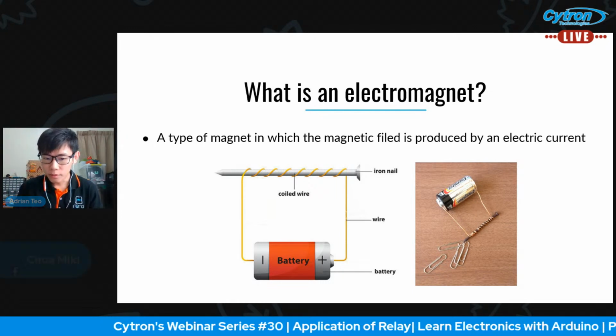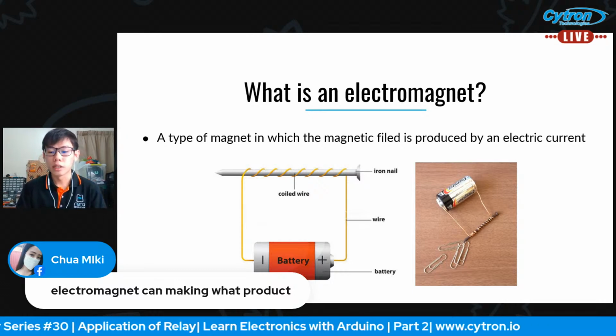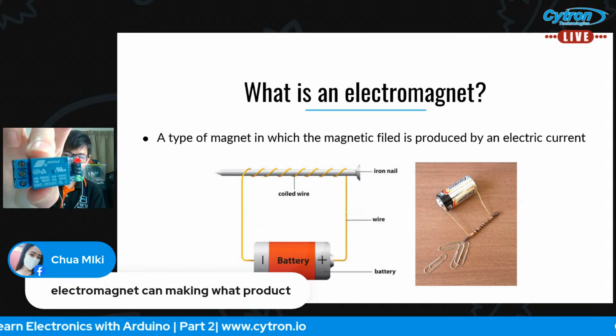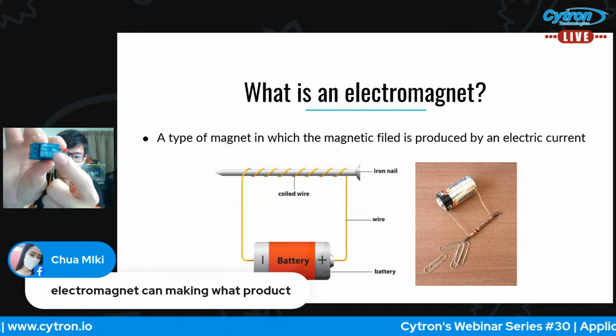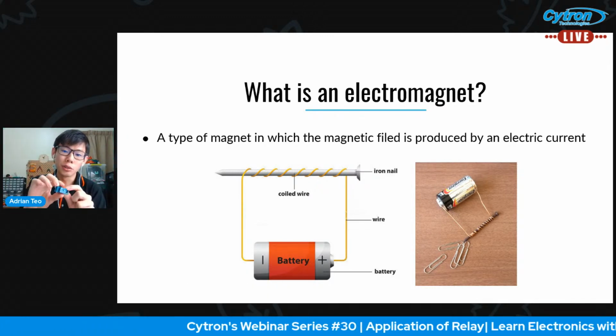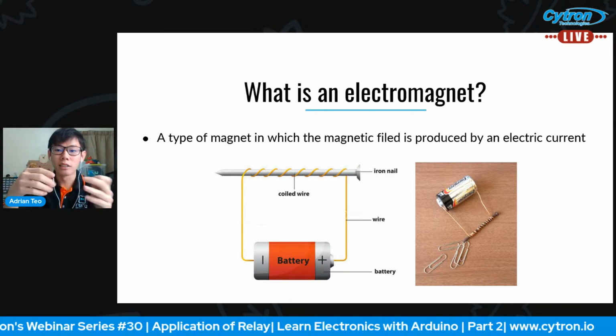Okay, let's see. Question here from Chua. Electromagnet can make what product? This is one of the products I'm talking about, a relay. So in a relay, you are using this electromagnet in here as a switch. So you are basically applying signal to turn on a switch, and